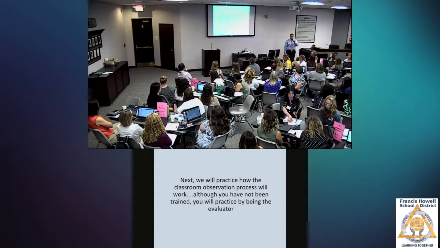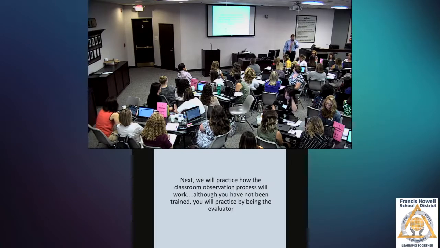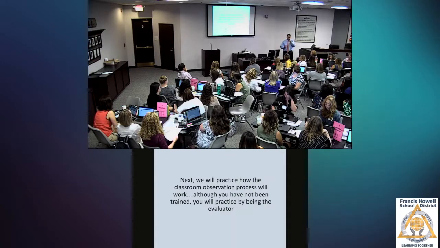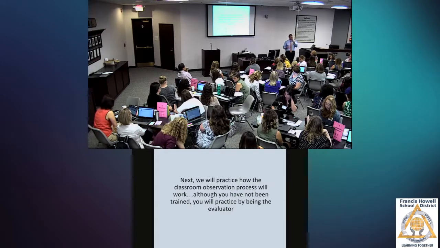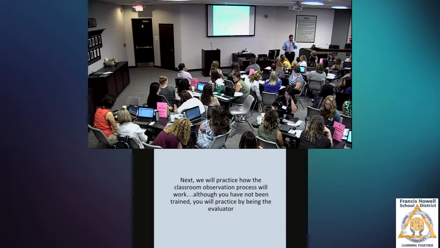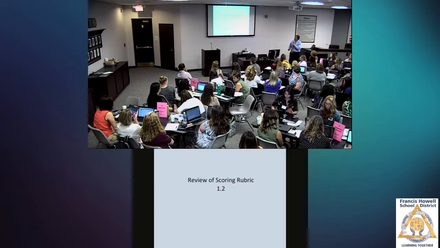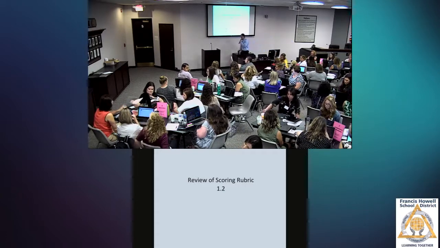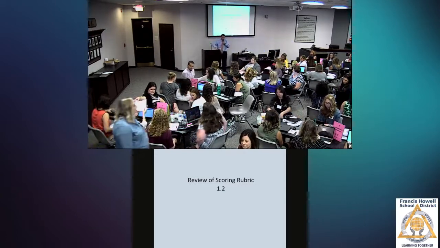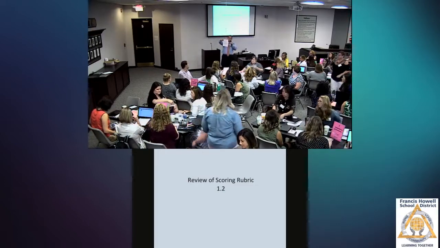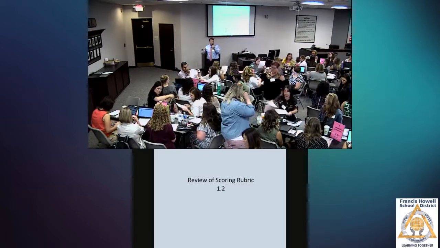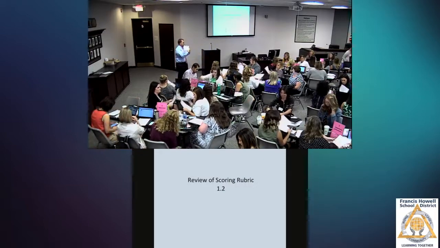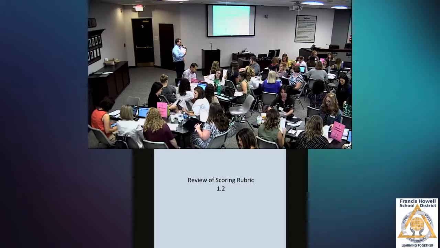So these are teachers, not in our district, but across the state that have volunteered to be recorded. And I want you guys to take a look and get the perceptions of what you see unfolding in the classrooms. So on your desk, I believe under an orange piece of paper, everyone should get a form that looks like this. And on one side, it talks about indicator 1.2. And on the other side, it talks about indicator 7.4.